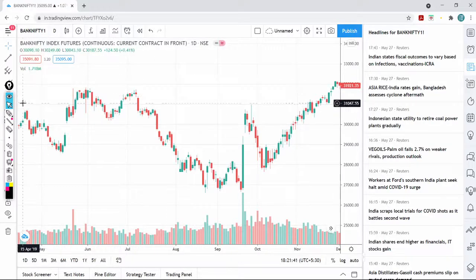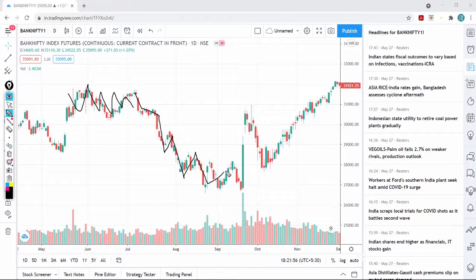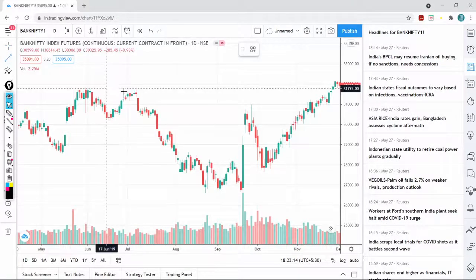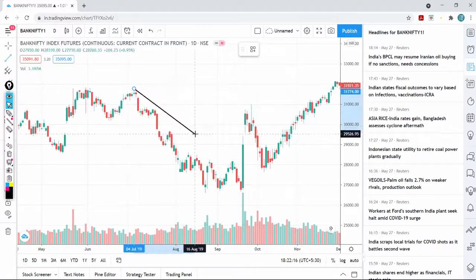So this is a daily time frame of a Bank Nifty chart. If you look at the Bank Nifty chart, what is happening? Price was in a sideways move, and then price started slowly and steadily moving towards the downside. So how do we draw a trend line in a downtrend or an uptrend? In a downtrend we need to choose all the major highs. So this is the major high, and from this point we need to start drawing the trend line. Let me draw it simply. This is the mark which I have drawn.